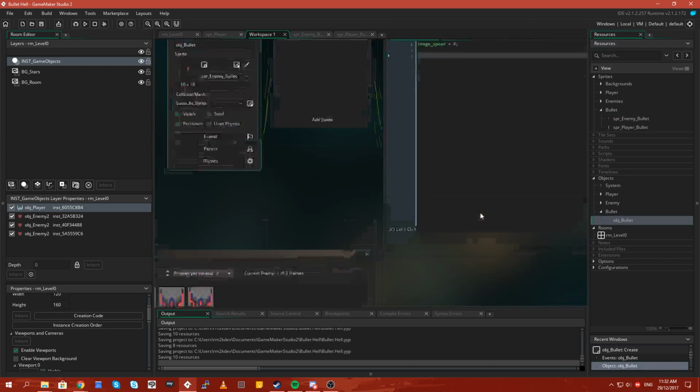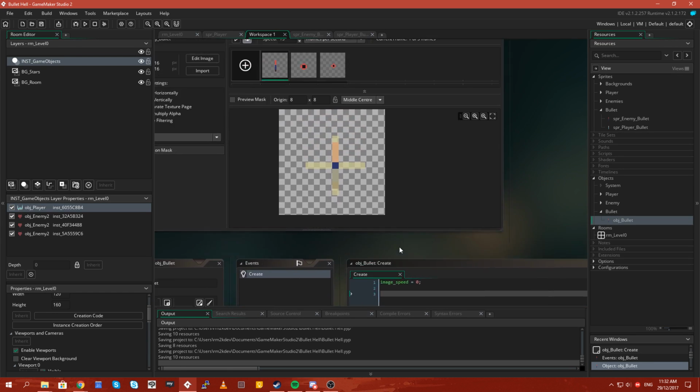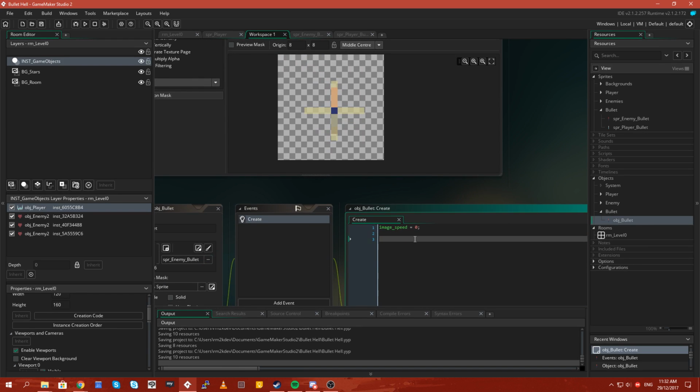Now in our bullet object, let's go back and we will say, for this one, we're going to define 3 constants. They're going to be long bullet, small circle bullet, and large circle bullet. So long bullet equals 0. Large circle bullet equals 1. And small circle bullet equals 2.